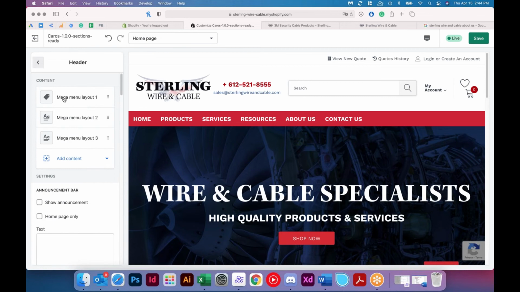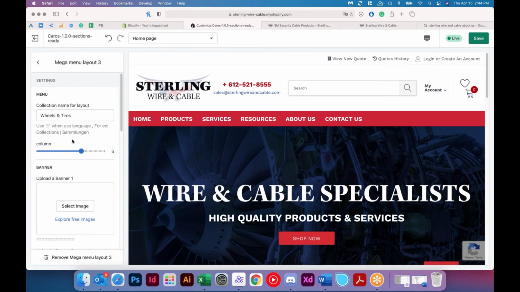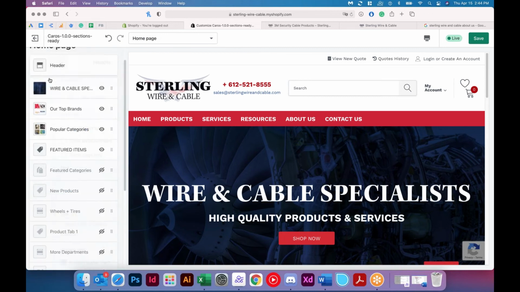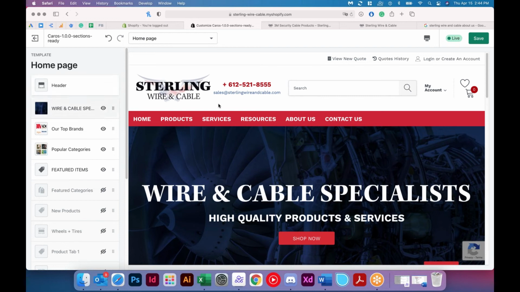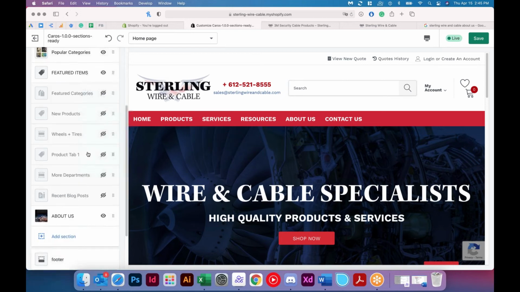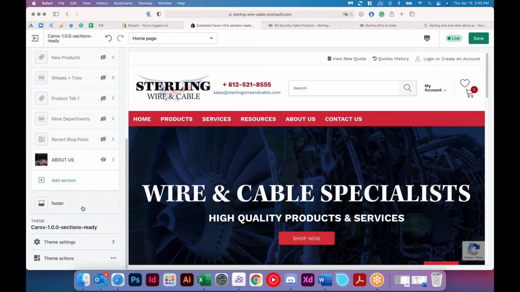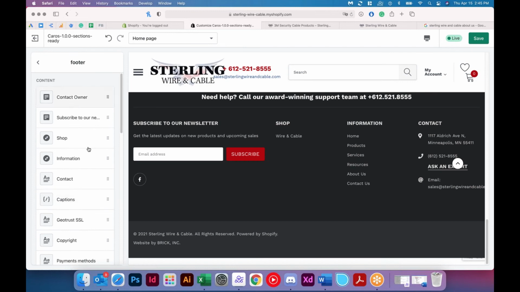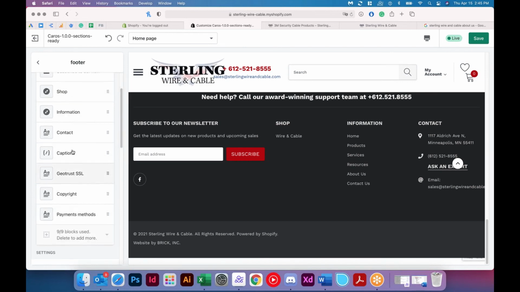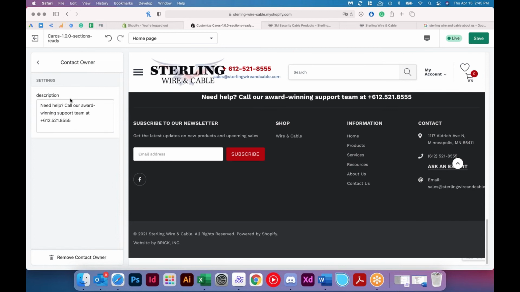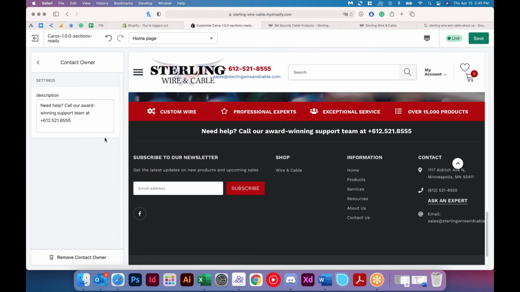I don't think we're changing anything under the customize on here. I think everything in here is left like this, because I think there's a different spot for the header. But for the footer, no, I don't think this is it either. Oh yeah, this is it. So on the footer,